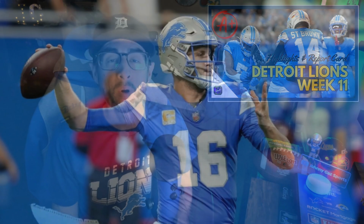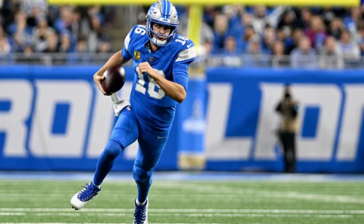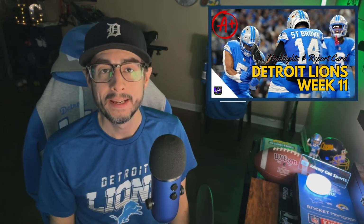offense, and I think it's pretty easy. The offense clearly gets the grade of A. I thought Jared Goff was perfect. He had a perfect passer rating, 24 of 29, 412, and 4 scores. Just efficient and confident, everything you want in a quarterback, and to me, he's put himself back in the MVP